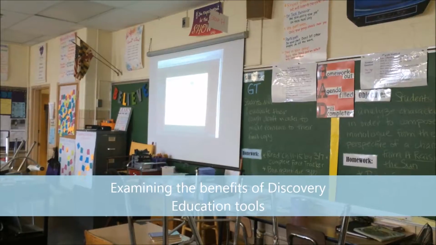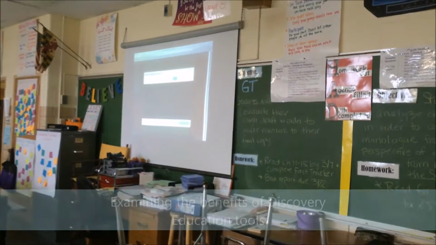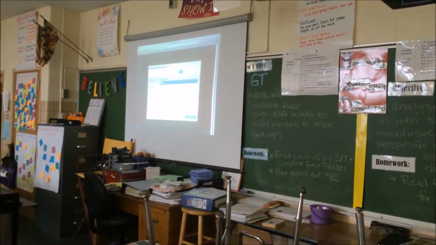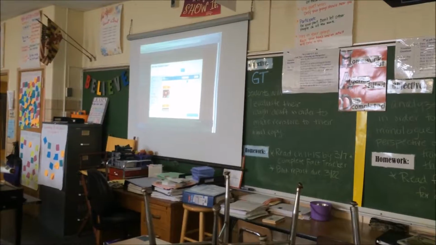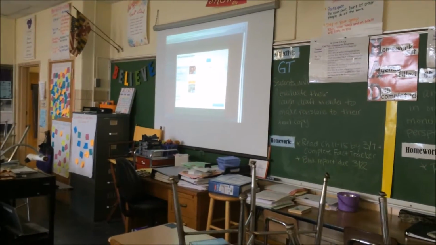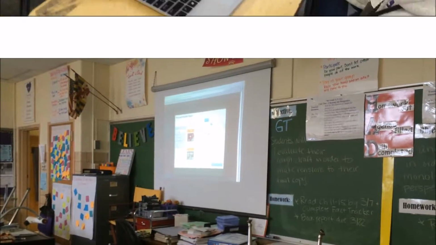In the Discovery Education account, you'll see that this familiar search bar comes up, and I can just enter my keyword, and then you'll see that this window looks just like a regular Discovery Education account. Here are my search results, and here on the left side, again, I could drill down by all of the regular